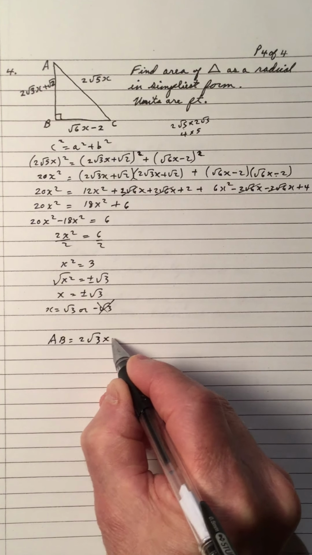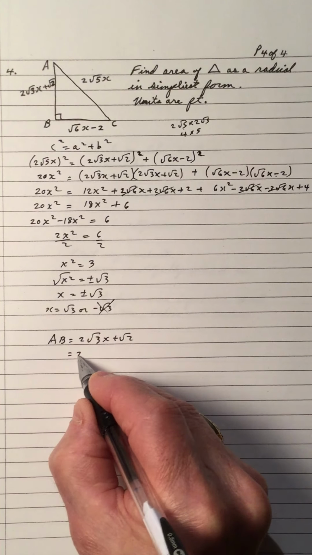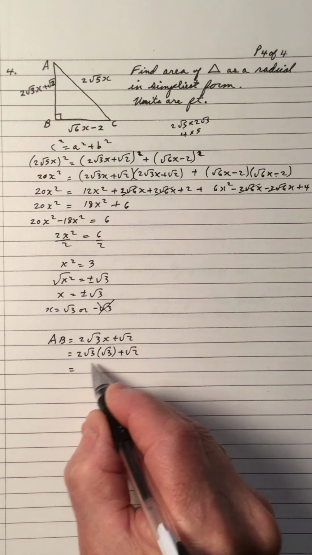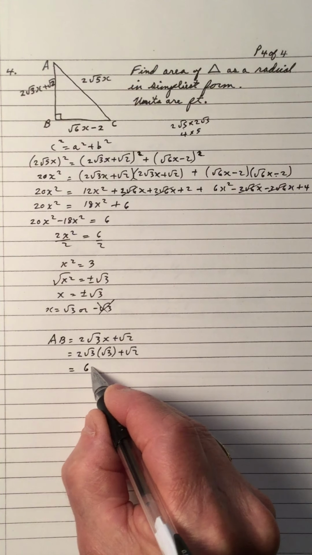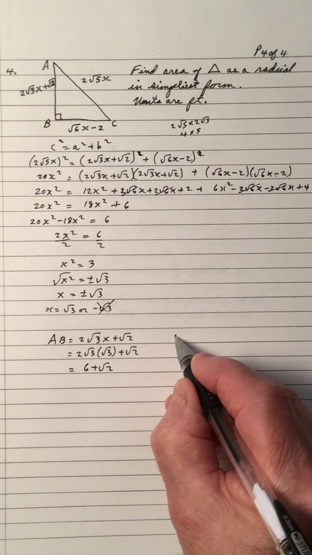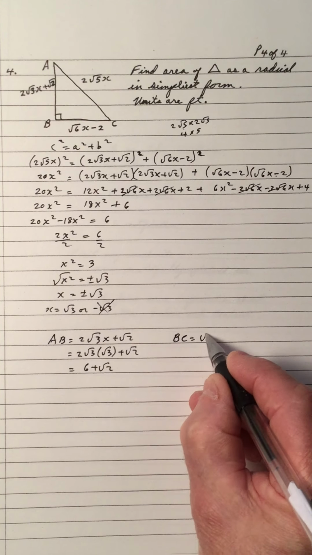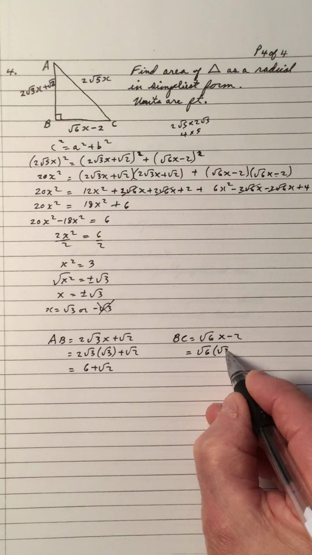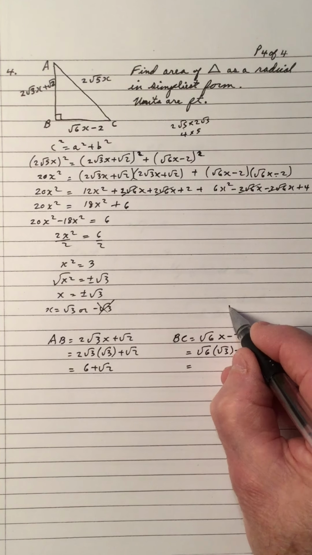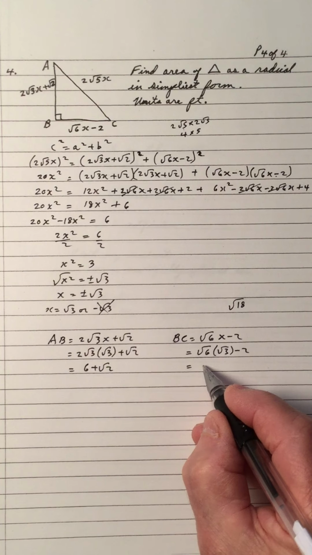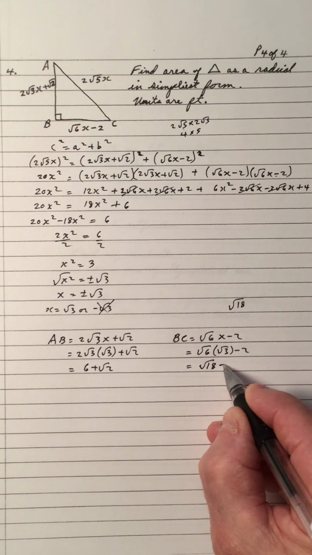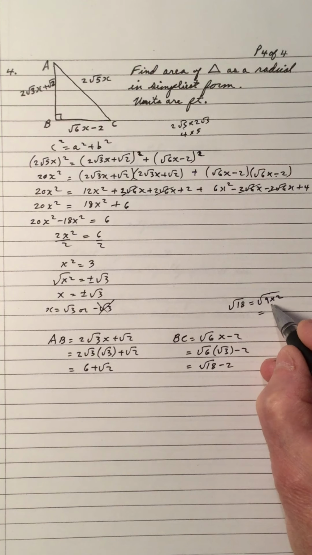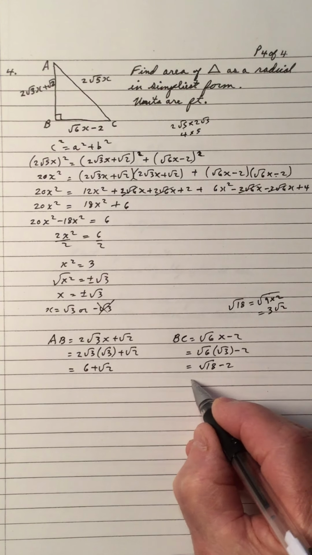AB is 2 root 3x plus root 2. So x is root 3. Take our time, multiply. Root 3 times root 3 is 3. 2 3s is 6. And BC is root 6x minus 2. So x is root 3, so I'll sub it in. And that gives me root 18. Root 18 is the root of 9 times 2. And the root of 9 is 3, so that becomes a 3 root 2